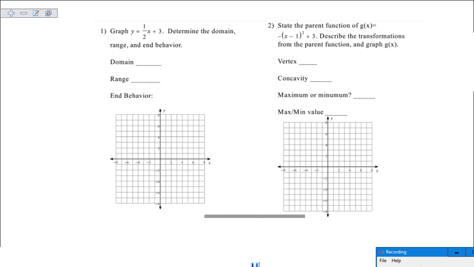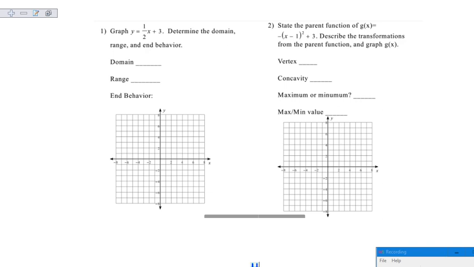Okay, today we're going to be going over problems 1 to 4 from the Algebra 2 Honors Summer Assignment. The first one I want to look at is going to be all the graphing related problems at the beginning. There were some struggles on how to get started on these, so there's a few different ways to approach it. Now it's asking for domain, range, and end behavior. Do not try to state the domain, range, and end behavior unless you know it by memory until you graph